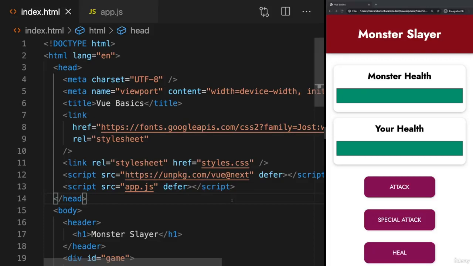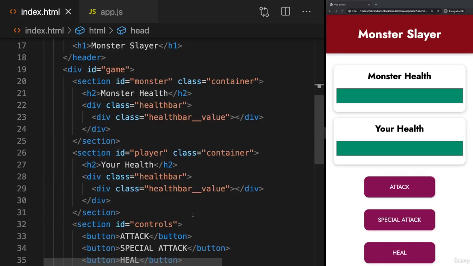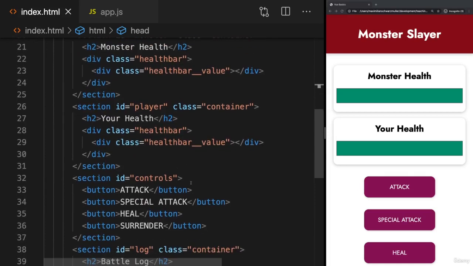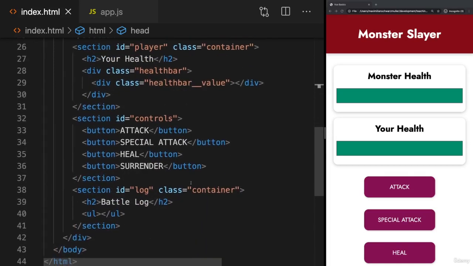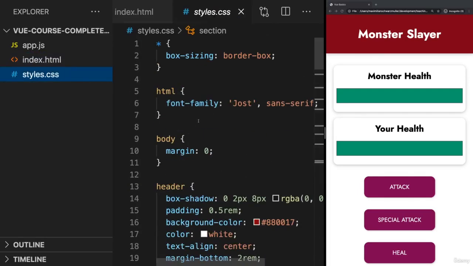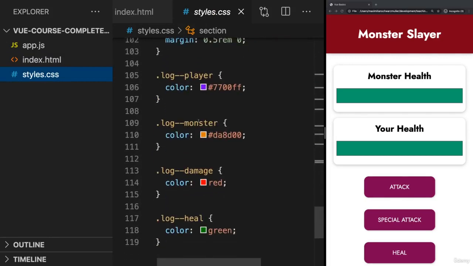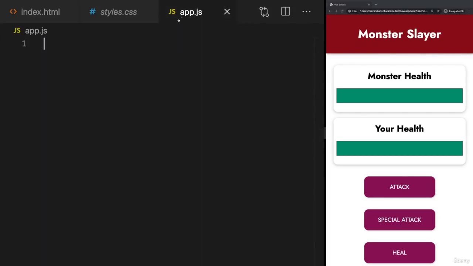So let's get started. Attached to this lecture, you find this starting project, which is this index.html file with a basic skeleton for our application. No view logic is in there yet, it's really just HTML. You got a style.css file with some basic styles we're going to use throughout this module, so throughout this app. And you got an empty app.js file,